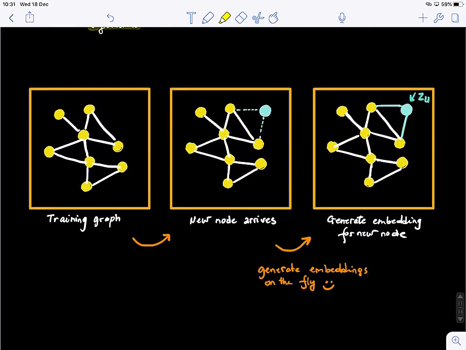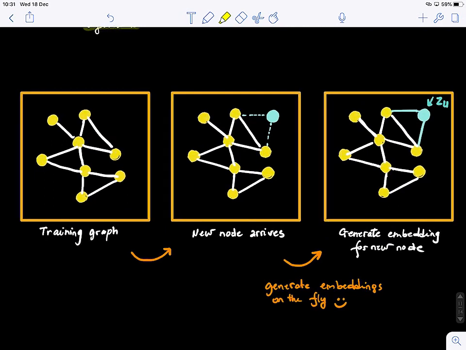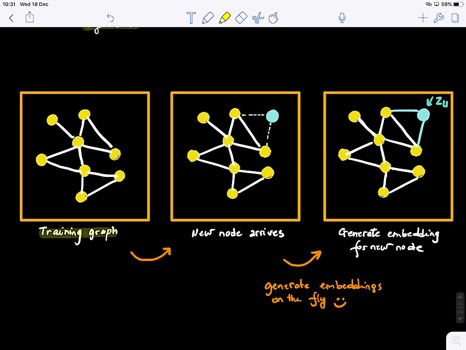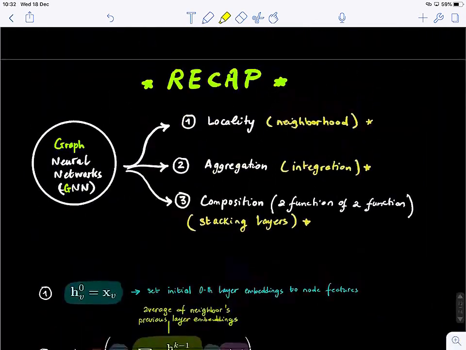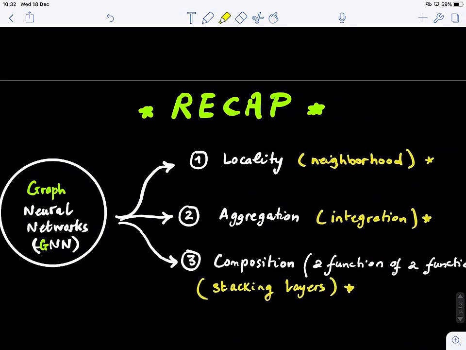And just to sum up, this is our training graph, and let's say a new node arrives, so easily we can get its local neighbors, okay? And then we can generate the embedding on the fly, immediately, because it's all based on the local neighborhood. And just to recap what we have seen, first, GNNs are based on locality,